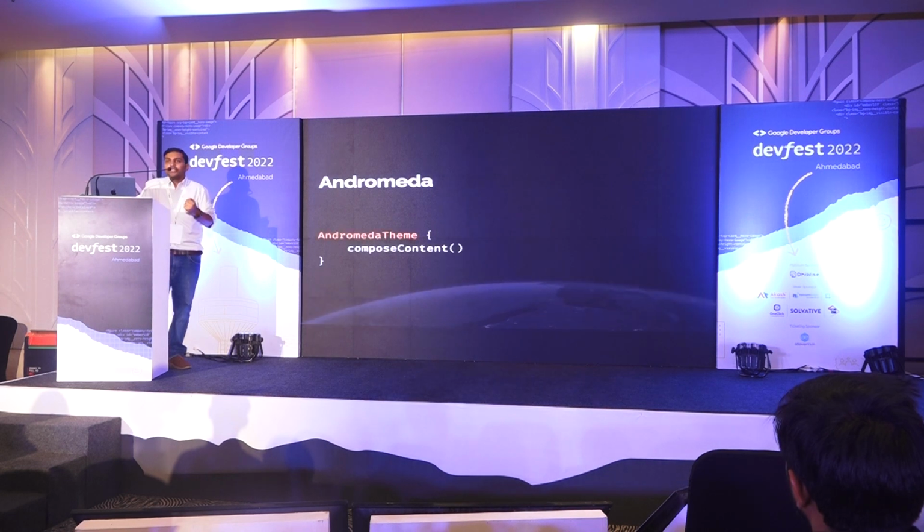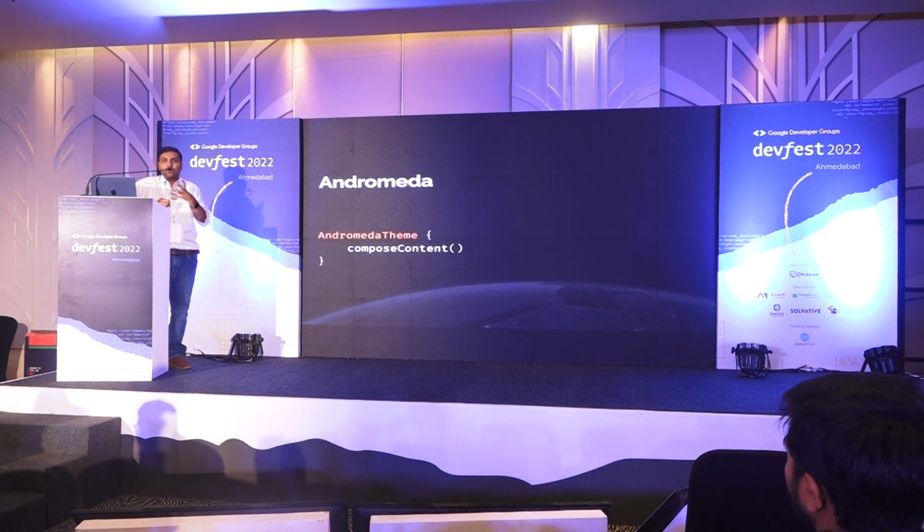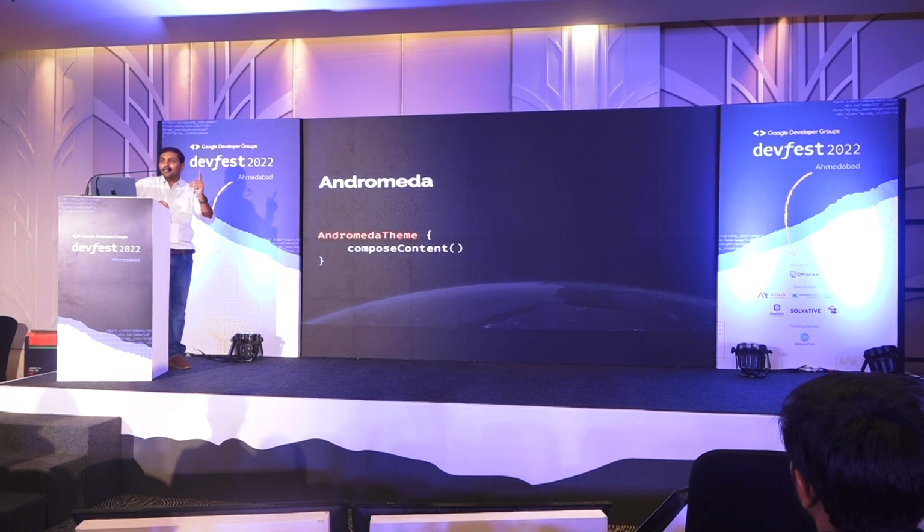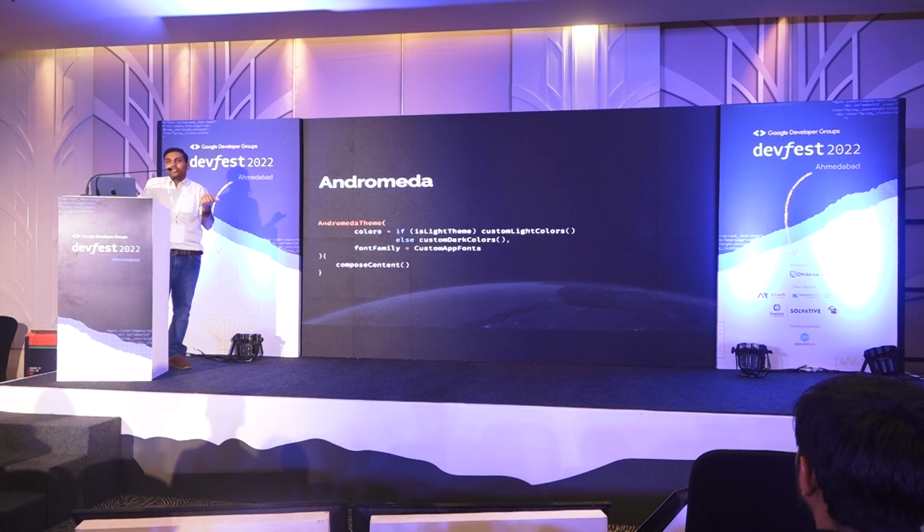The intention here is that this is all you write to get the goodness of Android. I encapsulate the entire Compose component or the Compose screens that I want to build in a thing called Andromeda theme. Now, for Kotlin users, you know higher order functions. You'll get 5 points if no one says it. Okay, cool.